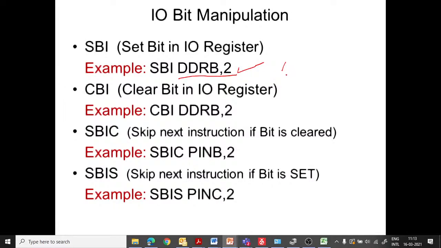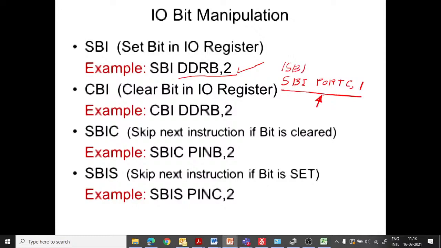Similarly, if I write, for example, SBI PORTC, 1, this means that I want to set the first pin of port C. But before I issue this instruction to send logic 1 to the port C first pin, I have to set the direction of the port to output, otherwise this instruction will not work.